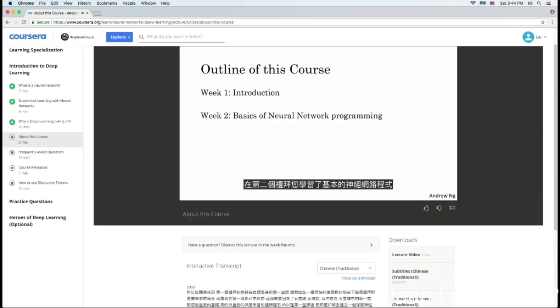In the second week, you then learn about the basics of neural network programming. You learn the structure of what are called the forward propagation and the back propagation steps of the algorithm, and how to implement neural networks efficiently. Starting from the second week, you also get to do a programming exercise that lets you practice the material you've just learned, implement the algorithms yourself, and see it work